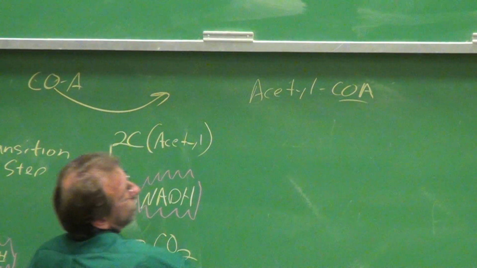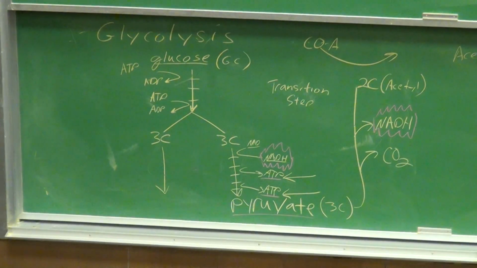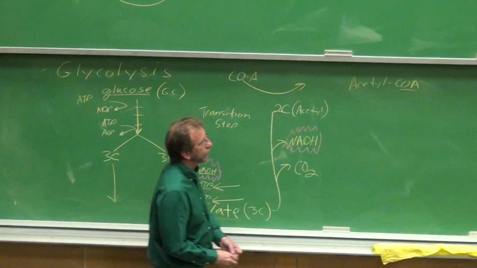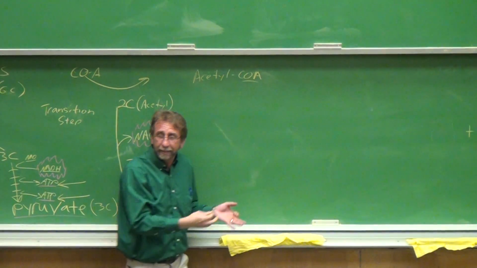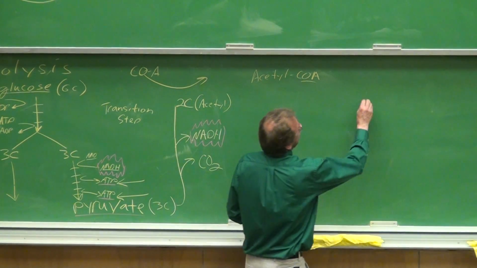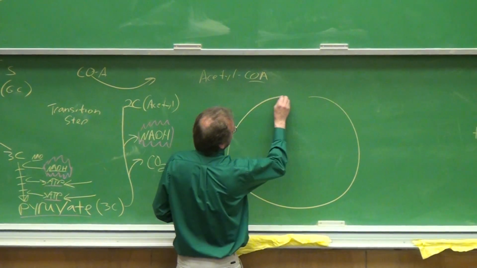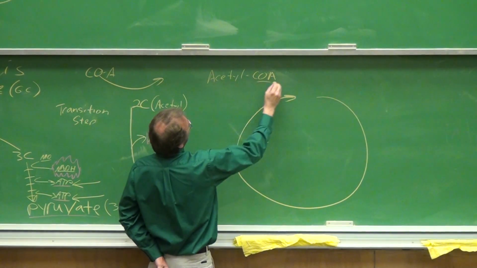All the CoA is doing is helping move the molecule into our next pathway. And our next pathway is known as the tricarboxylic acid cycle, the TCA cycle, the Krebs cycle. Maybe you've heard that term before. It's a cyclic pathway. And so this 2-carbon molecule here